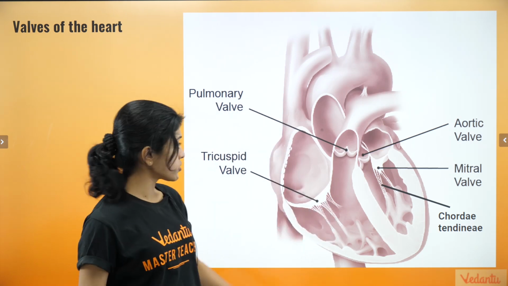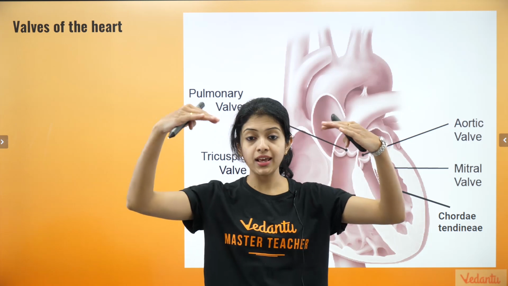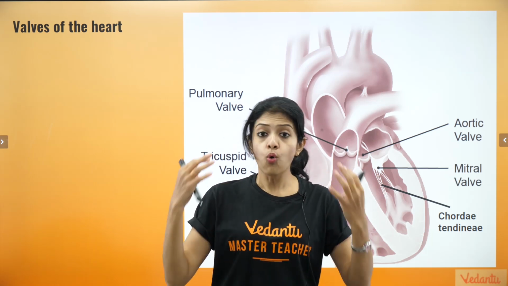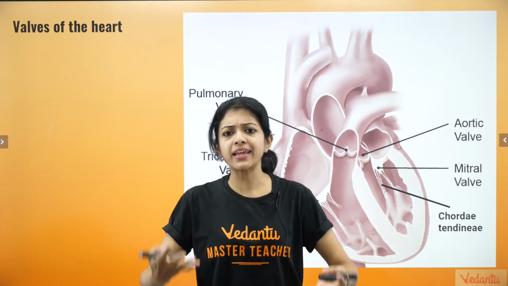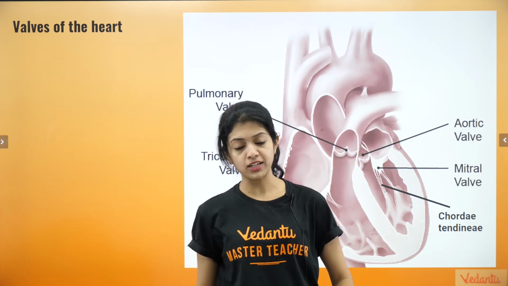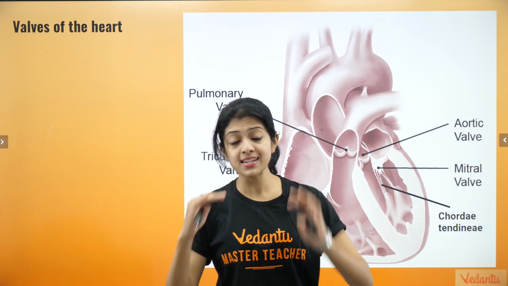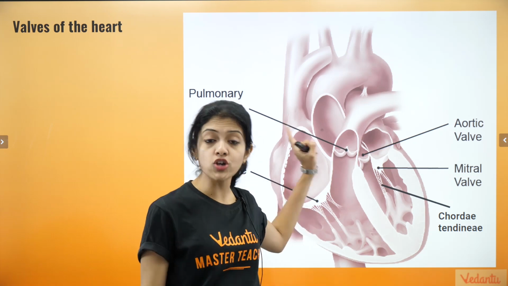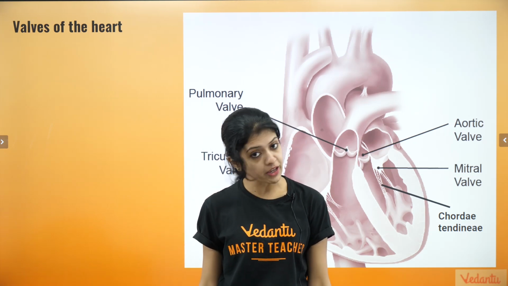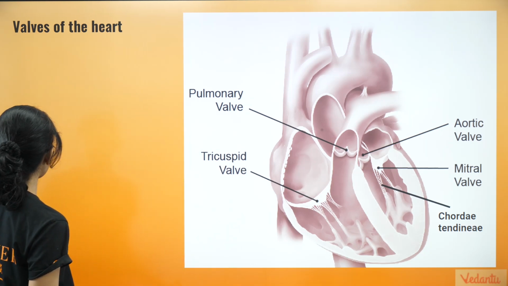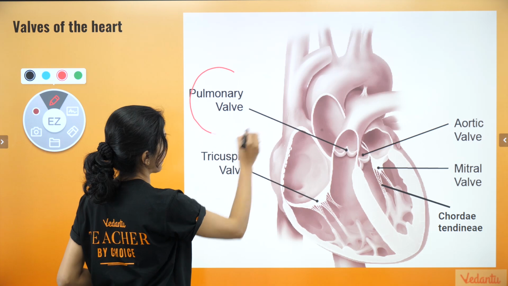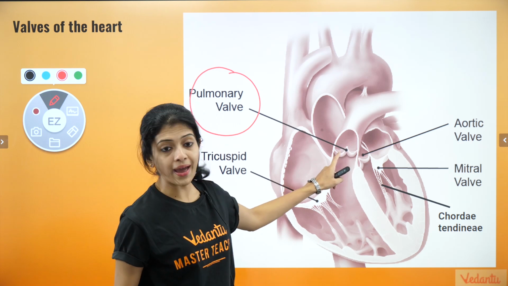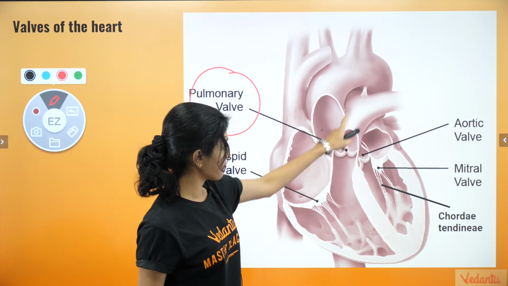Okay, why is this important? Say, for instance, blood is flowing from your atria to your ventricles. What if there was no control system? It would spontaneously probably pump back into the atria without any reason, right? The reason it doesn't happen, the reason blood flows only in one direction, is because of a well-defined valve system in your heart. And the most important valves in your heart are the pulmonary valve, okay? The pulmonary valve, which is present right here, where the pulmonary artery begins.